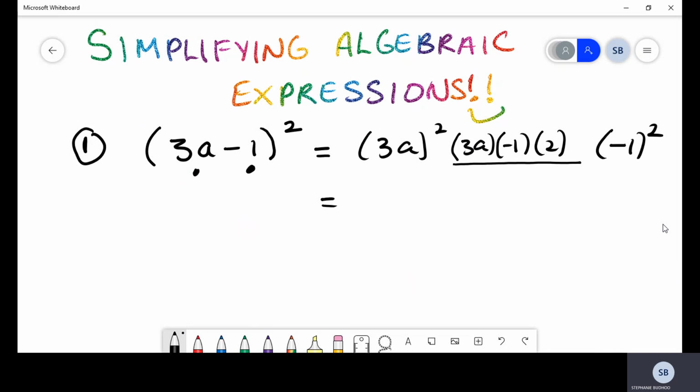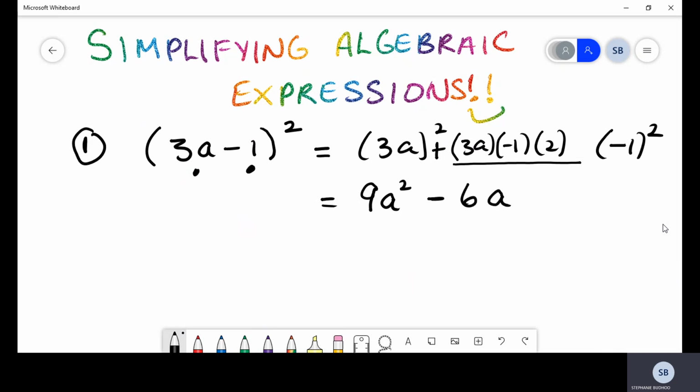So 3a all squared gives us 9a squared. Students frequently write this as 3a squared. If 3 is within brackets, you need to square your 3 as well. Moving forward, we have 3 multiplied by 2 multiplied by negative 1. That gives us negative